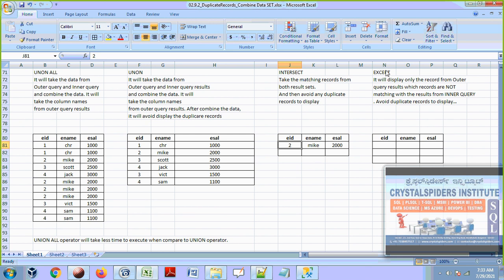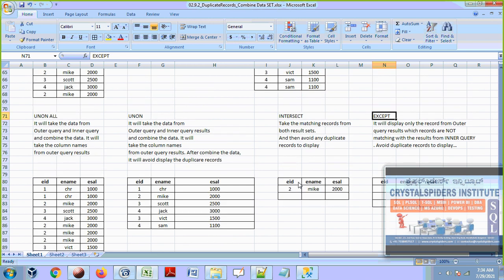And next we have the except operator. Except operator, sometimes we call it a minus operator. Usually people also call it a minus operator. The reason is that in PLSQL, instead of except we write minus, M-I-N-U-S. That's what we write in the PLSQL language. But the rest of the commands are the same guys in PLSQL. Union all, union, intersect, all are the same. But there is no operator except in PLSQL. We are going to use minus, M-I-N-U-S, minus. Okay, this is fine.